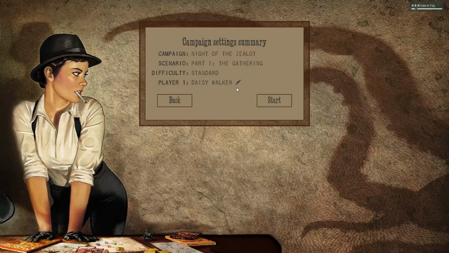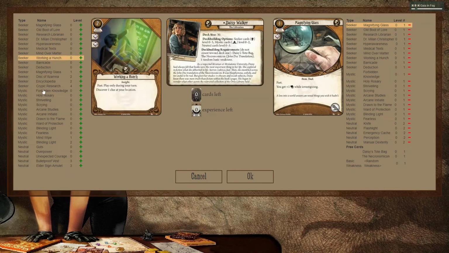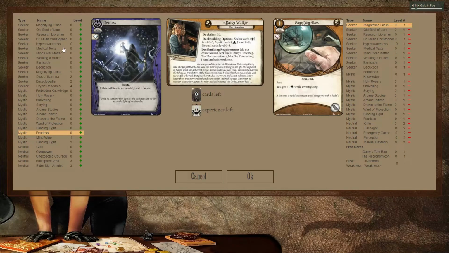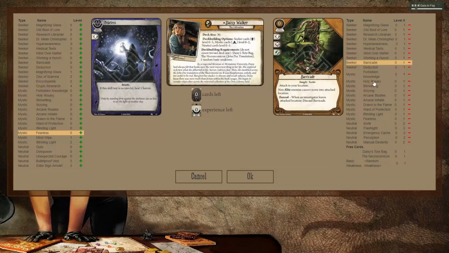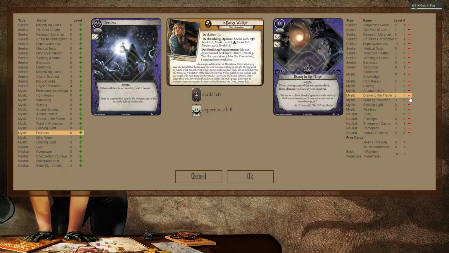I can also mention the customize deck function. This is where you can see which cards you have available to the left, the cards that currently are in your deck to the right, and you can press the minus to sell a card for now. And when you begin, you only have